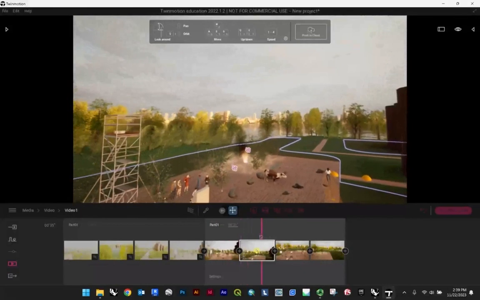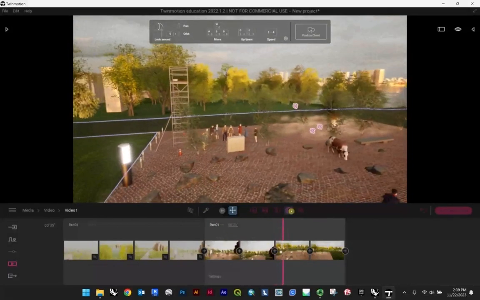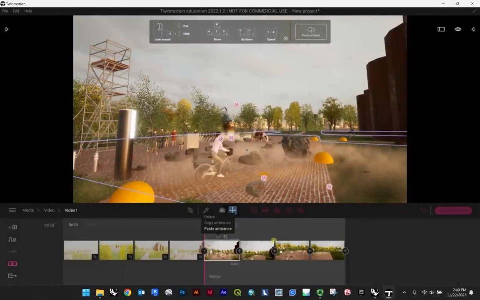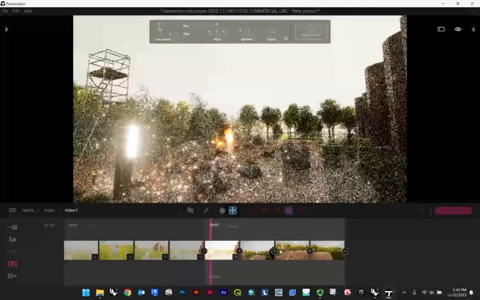And then of course, in our second scene, we don't have any of those settings, right? So if you do want the exact same settings, just know you can go back over here, click and copy ambiance, go here and paste ambiance. And so now, for instance, if I hit play on this one,